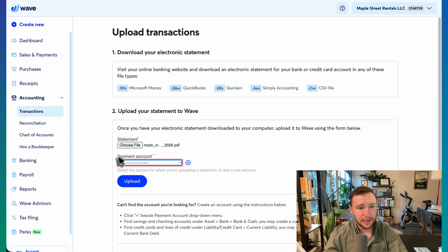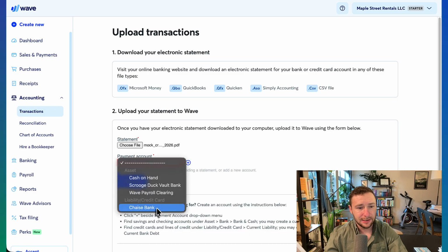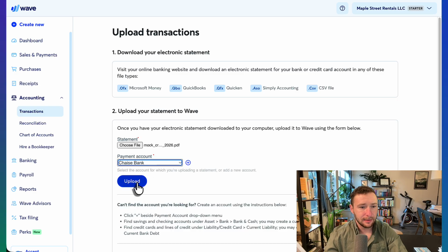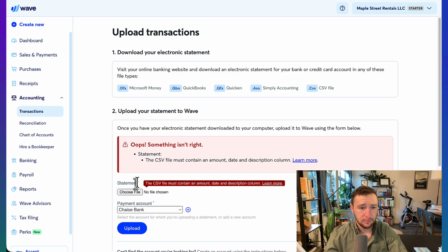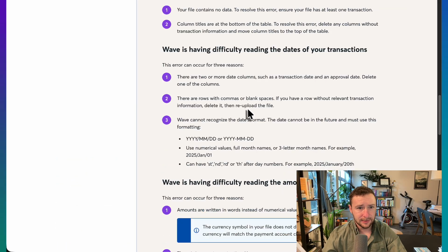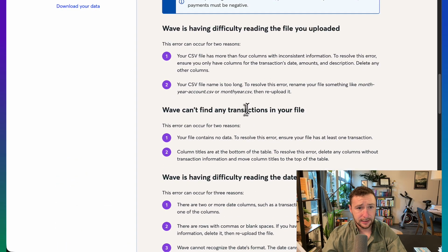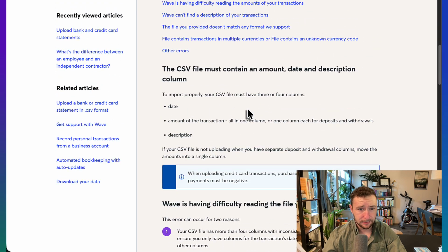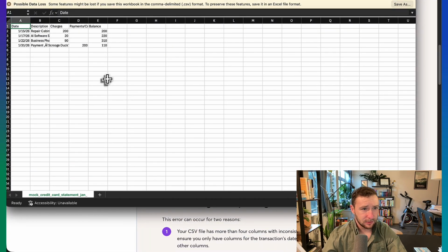So here under payment account, you can see there's Chase Bank that we added. And we'll upload. It said, oops, something isn't right. The CSV file must contain an amount, date, and description column. Here's a learn more button. So let's see if there's any guidance on doing this for a credit card statement. So this one, since it's a credit card, we're going to change charges to